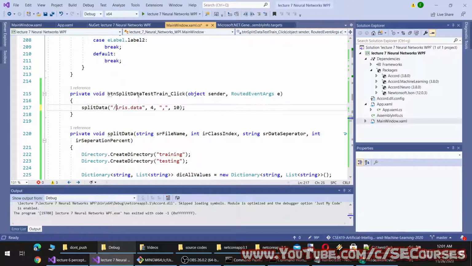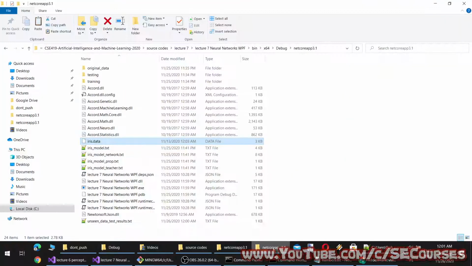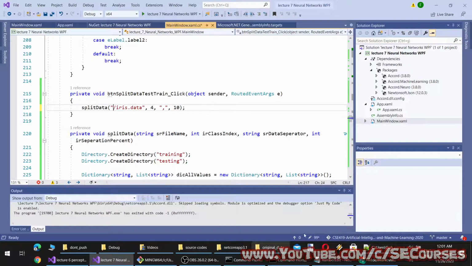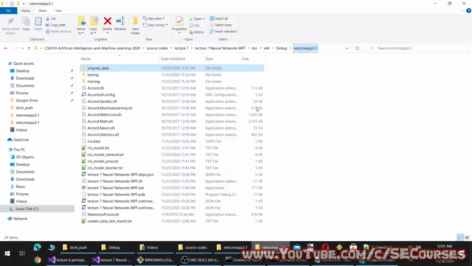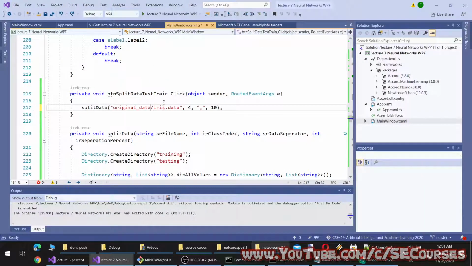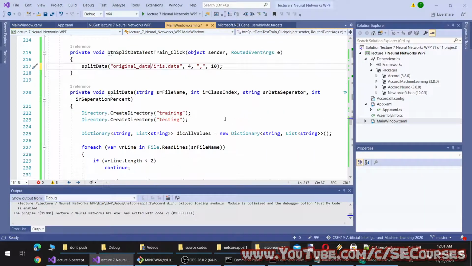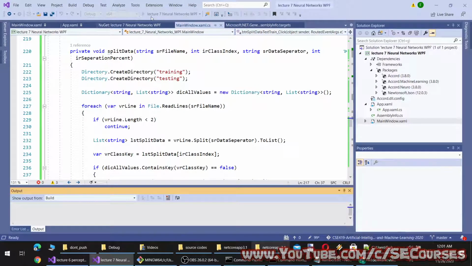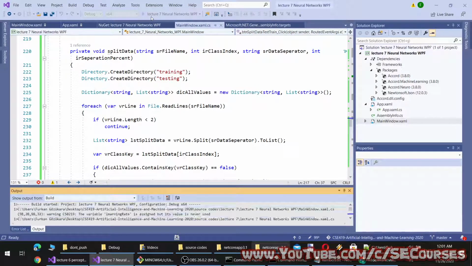I'm going to say original data, and yeah, let's recompose, and then we can copy and paste.